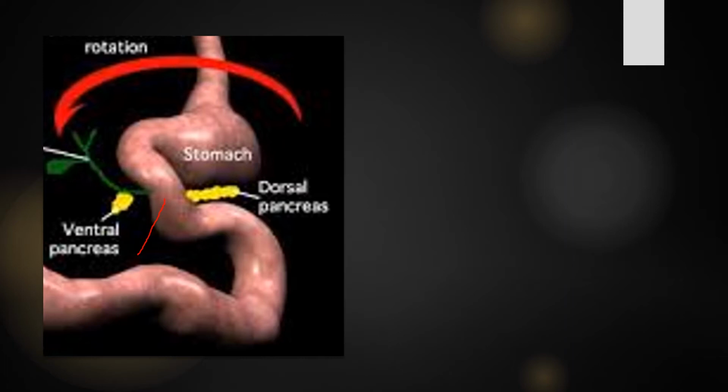This ventral convexity is attached to the septum transversum through the ventral mesogastrium, and the concave margin is attached to the dorsal mesogastrium through the mesoduodenum. This is what is seen in the duodenal part. Previously it is convex anteriorly and concave posteriorly. This we have to remember. Before rotation, the duodenal part has a ventral convexity and a posterior concave margin.